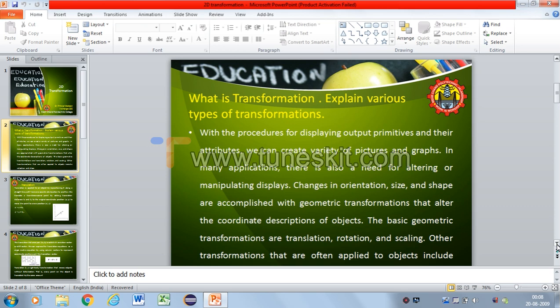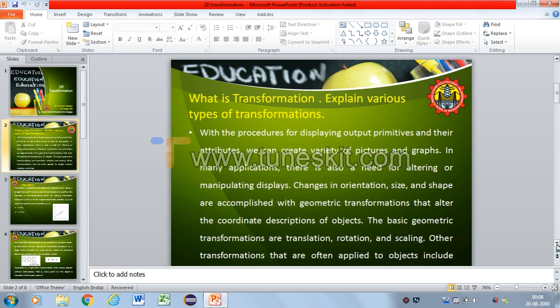You want to increase the size of an object, reduce the size of an object, and shape. So these three alterations, transformations on the objects are performed with the help of geometric transformation,